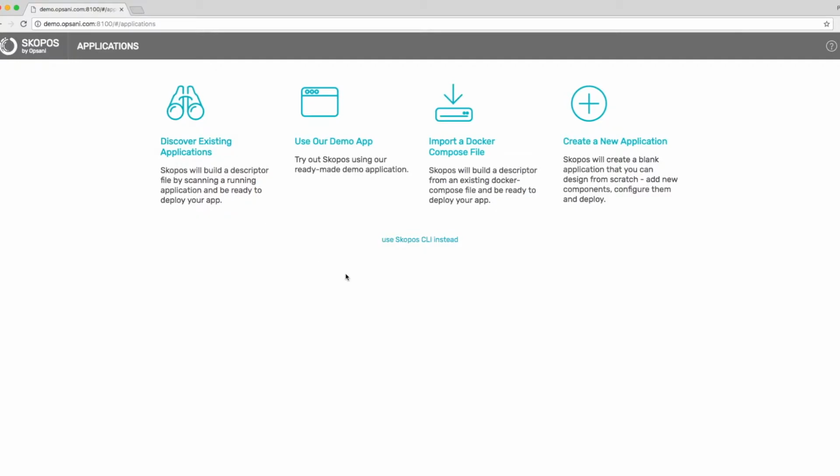And this is what you see the first time you start Scopus. Since I don't have any applications loaded, Scopus is giving me several options to get me started. So I can discover what is currently running on my cluster. I can use our demo sample app, which illustrates Scopus capabilities. If I have a Docker Compose file, I can import that, or I can just start with a blank application,